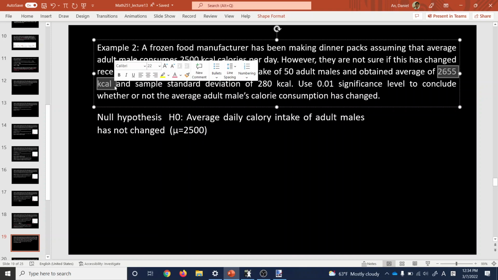It's the 2,500 because it's the previous claim. Okay, 2,655 is the new value obtained from the sample. That's the one that you use to draw a conclusion, right? But the previous claim is the 2,500, the original value, right? So